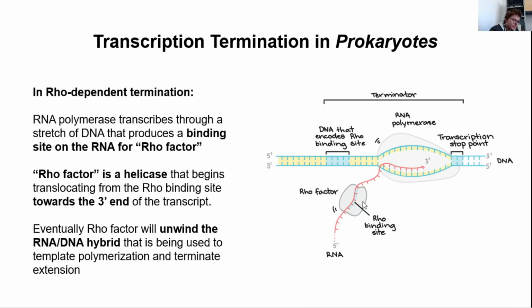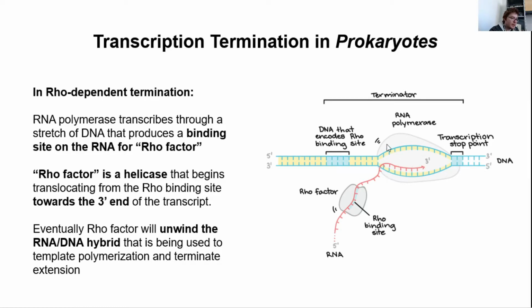And so when this Rho factor binds to the RNA as it comes out of the polymerase here, so we've made it through here, this Rho binding site's been produced, Rho factor is going to land on here, and Rho is going to start, its helicase activity is going to fire up, and it's going to start moving towards the 3' end, and it's going to start trying to unwind the RNA-DNA hybrid